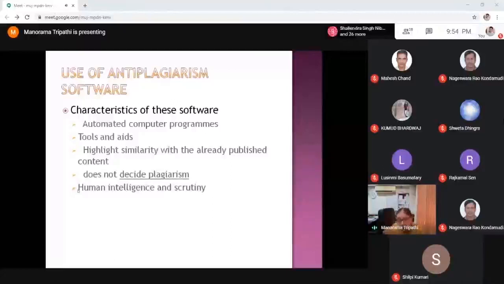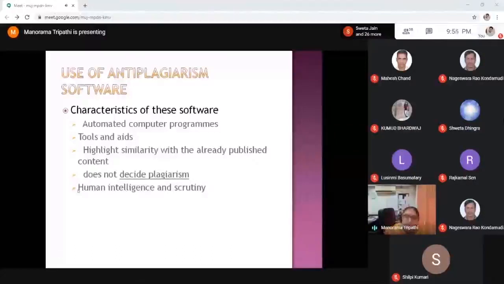I want to bring home the message that these anti-plagiarism software are just tools and aids. They help you in improving the quality of your draft, thesis or manuscript, but you cannot solely depend on them.